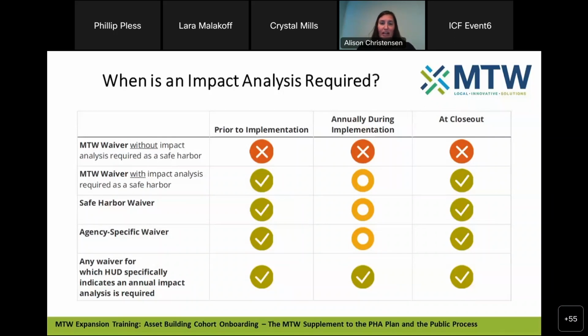Then the opposite on the bottom line of the chart, some activities HUD specifically requires an impact analysis prior to implementation, annually during implementation, and again at the end of the activity. So that will be specifically notated in the MTW operations notice. It'll say you have to have an impact analysis at all 3 of those points. And then the middle situations here for all the other waivers, the MTW waivers with impact analysis required as a safe harbor waivers, and agency-specific waivers,